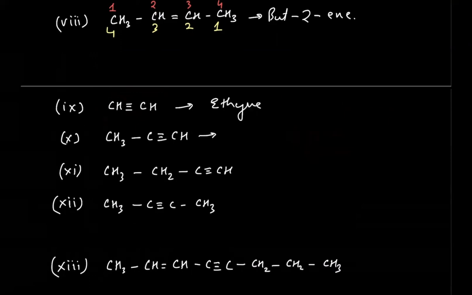Moving forward, you have 3 carbon atoms. There is only one type of position. It will always be between carbon 1 and 2, irrespective of the position. You make a triple bond here or you make a triple bond here, it will always be between 1 and 2, either from the left hand side or from the right hand side. So you don't need to number it. You just write prop, and because of the triple bond, "-yne", propyne, and without the numbering you'll always come to the same structure of the compound.